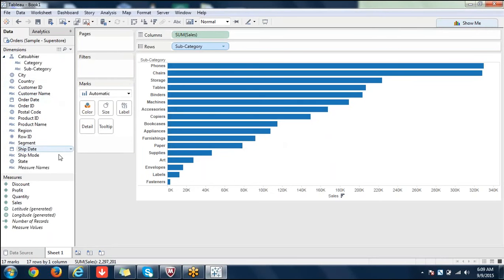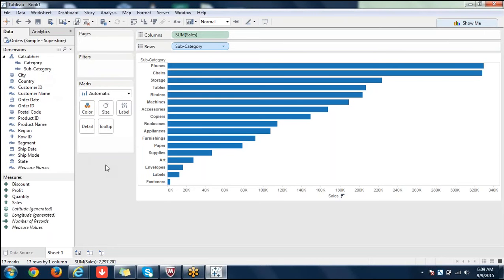You can name it, that's not a problem. For example, you see this ship mode doesn't have any relation with any other column in these dimensions. But if I still drag and drop it below subcategory, it will accept, right? But that doesn't make sense, so please don't do it.